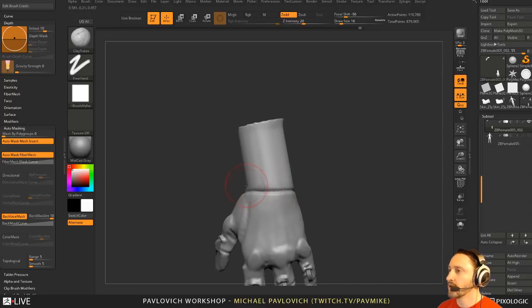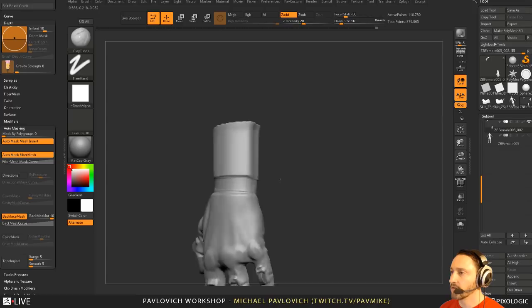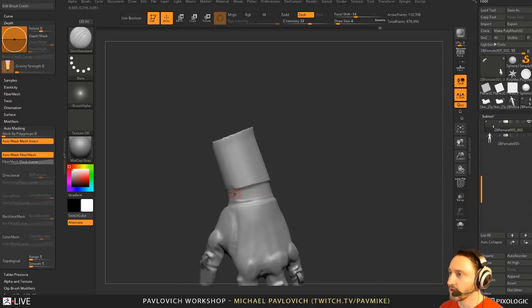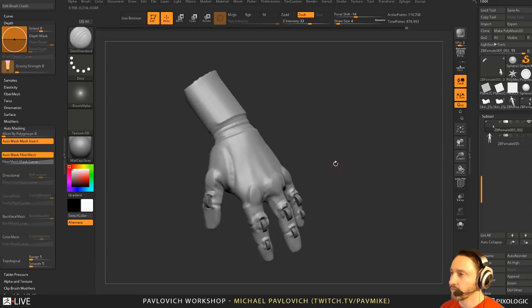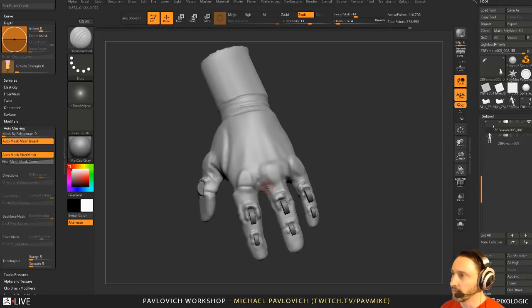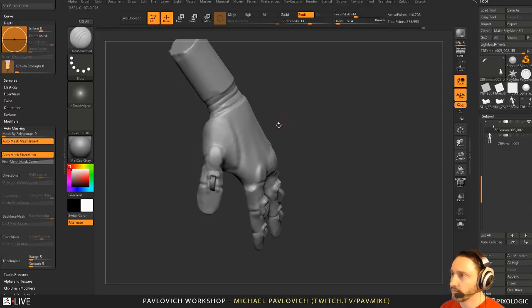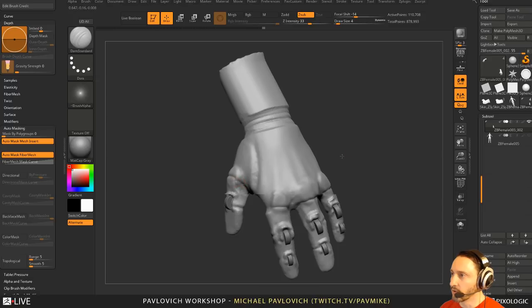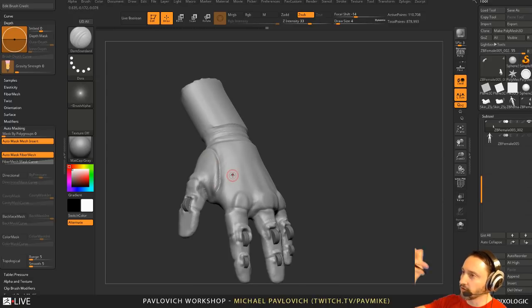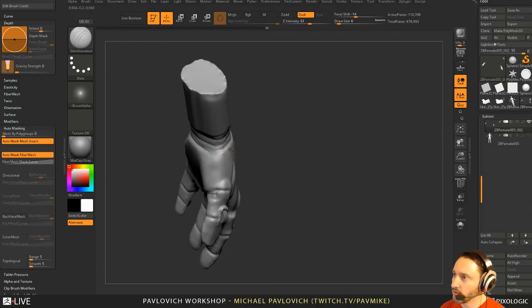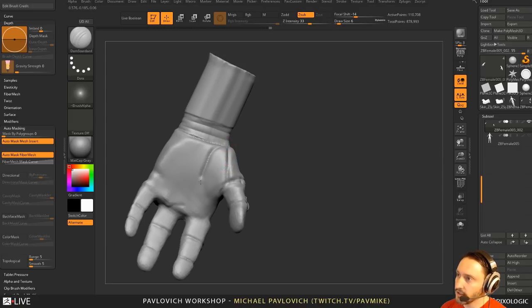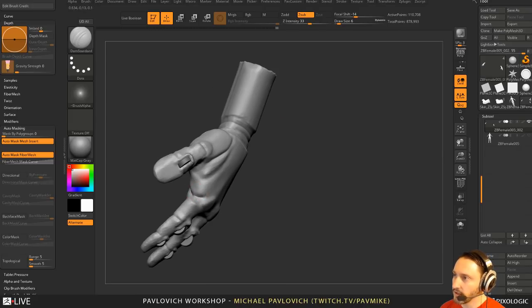Let's go into our clay buildup. We'll hold down Alt, and if it's got to be really bendy in there, we can go through here and give it even more areas to go. So we can give it a little bit more breathing room in here, or even in here. If you're going to be articulating this a bunch, like your thumb can go all the way around and back and forth, you want to make sure, just like your real thumb does, you've got this fat pad in here and this webbing between here, so you could even back this off even more. Say, okay, you are hard surface, and then all of this in here can be nice, and